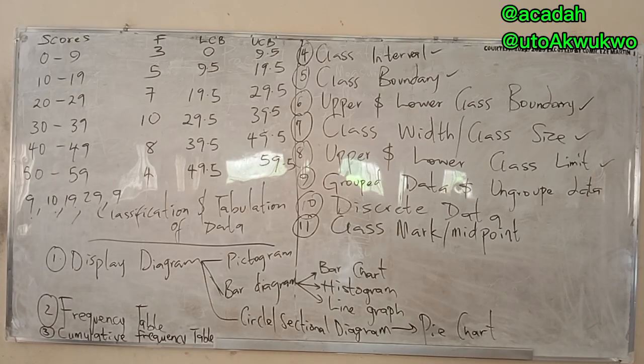Now, discrete data is simply any collection of information. Remember, we said statistics is the collection of information, or a branch of mathematics that deals with the collection of data in numerical form. So anything you have that has to do with statistics, we are saying, how do we take all those things to numerical form so that we can give a count of what it is? That is statistics for you.